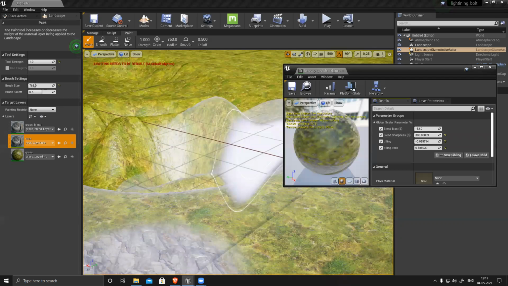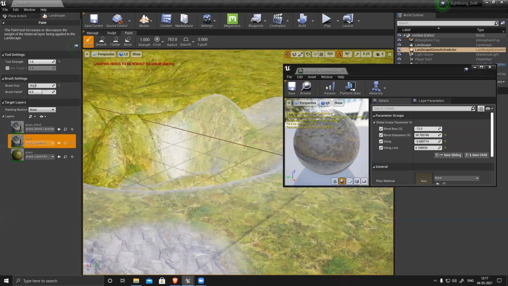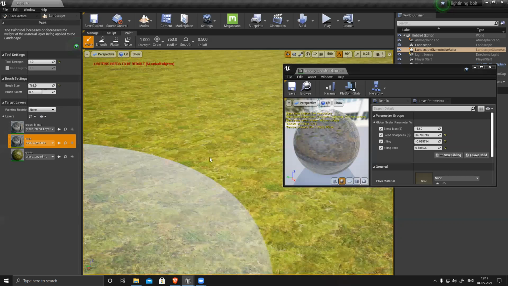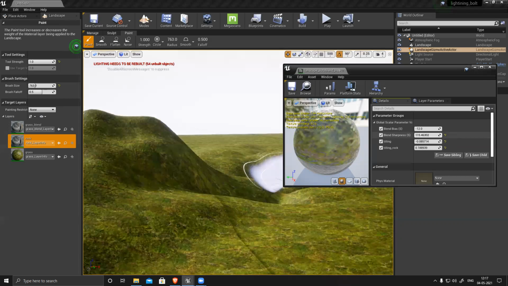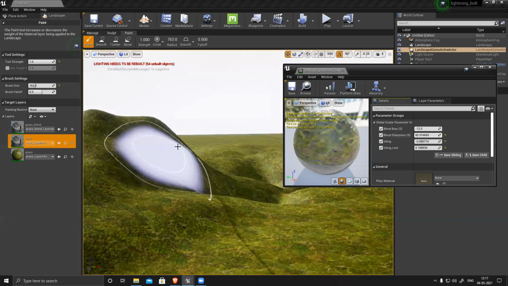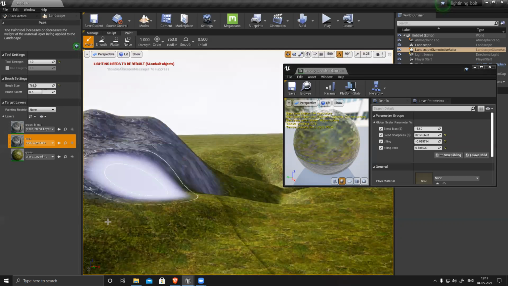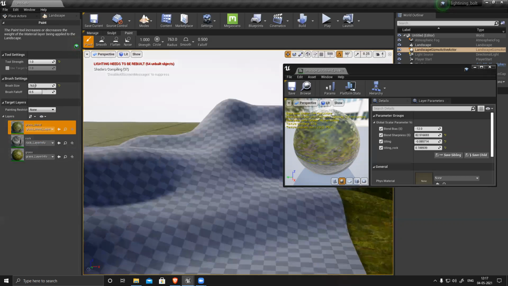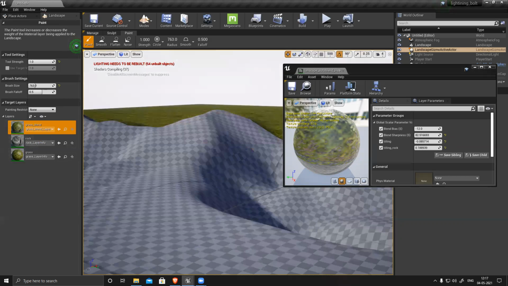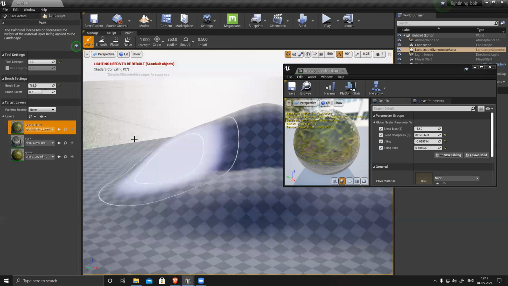Why is this blending not changing? Oh, the grass blend layer is not compiled yet. That's right. Okay.